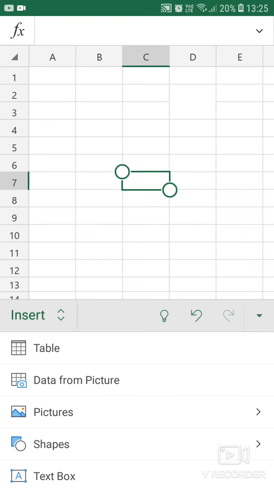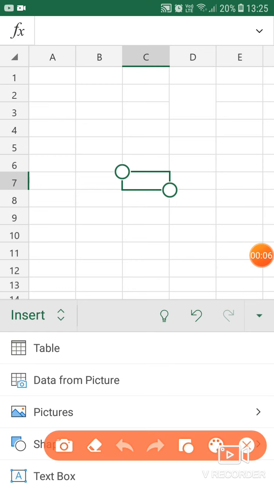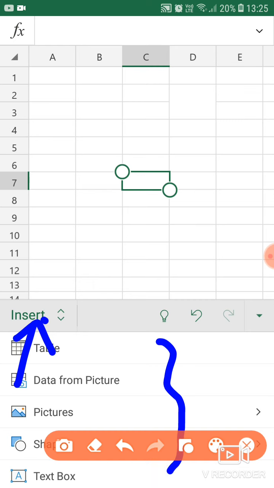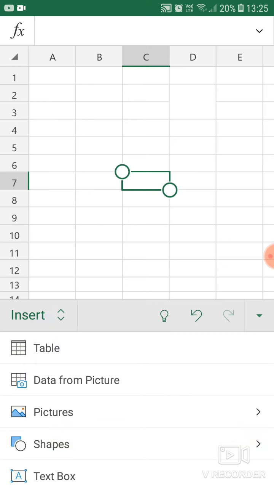I think you all have watched the two videos. One was whether we can use Excel on the phone, and whether it has the same features. And the second was about the Home section. Today we are going to see the Insert section. How to use the Insert section. What features are there in the Insert section? The same features are there which you have seen on the laptop, the computer.